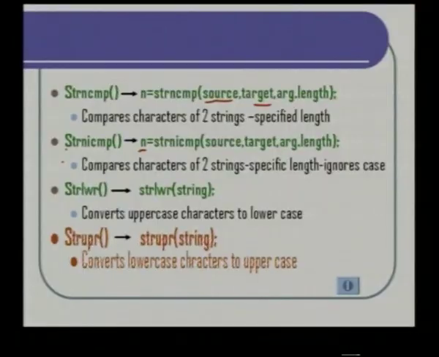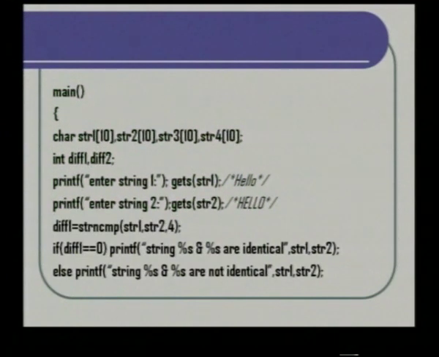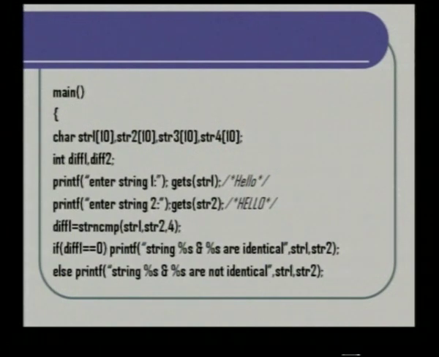And upper cases when you want to convert a string to capitals from small letters. So, how is this used in a C program? Here again the main function and list of strings for the comparisons and integer variables. I am entering two strings, string 1 and string 2. If you see, in the first string only the first letter is capital, in the second string all are capital, but